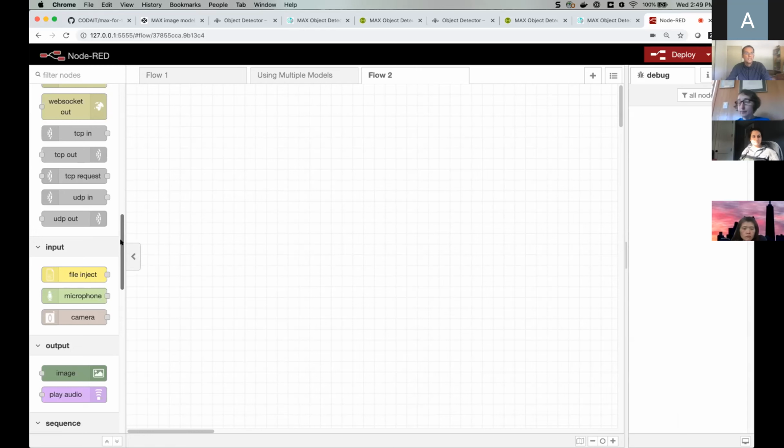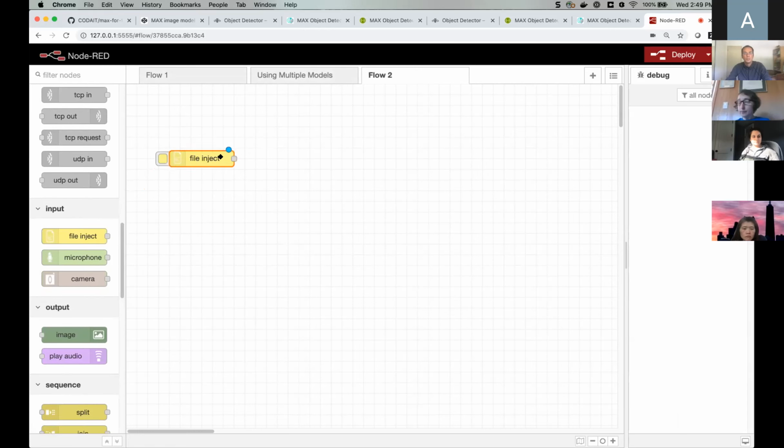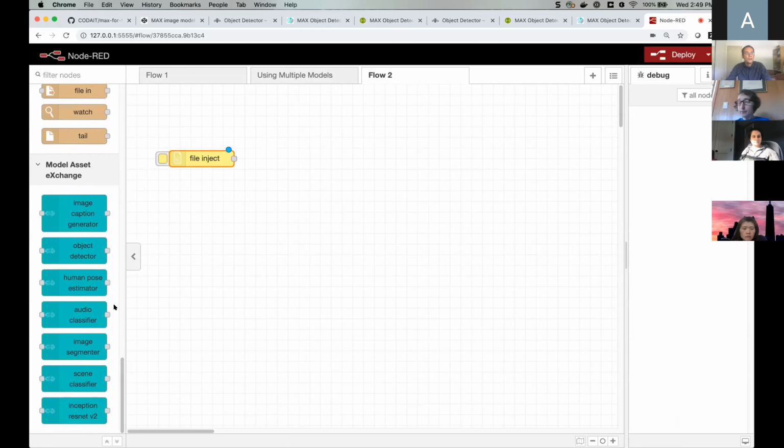So let's say, for example, I want to, actually I can't use my camera because I'm using the webcam here for the recording. So I'm going to pick a file that the user can provide. And then I select from the list of services. So let's say, for example, I want to use the image caption generator node. I'm going to connect these. So this is my input. This is what's going to process it.